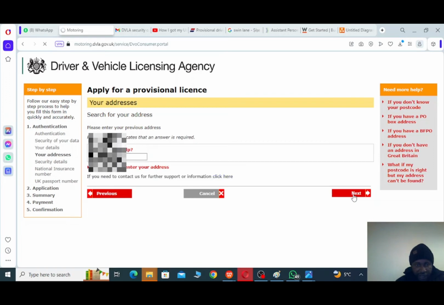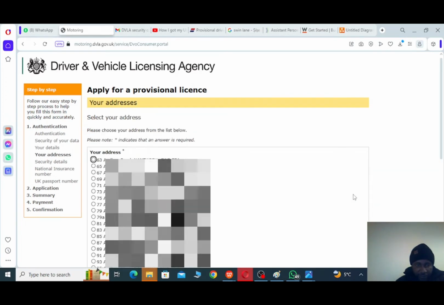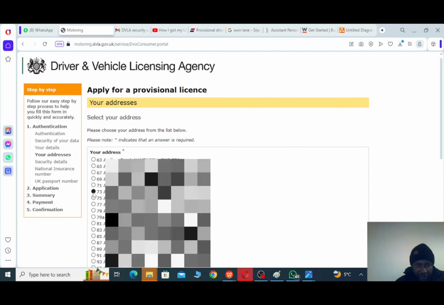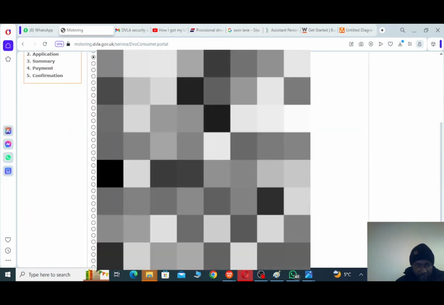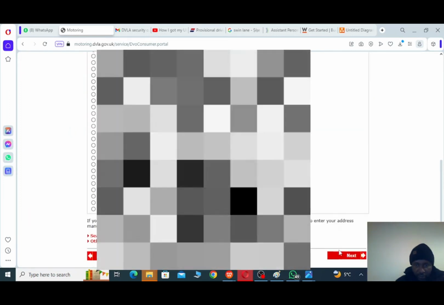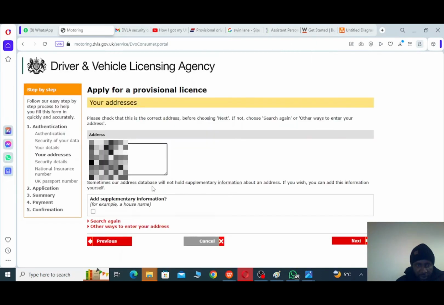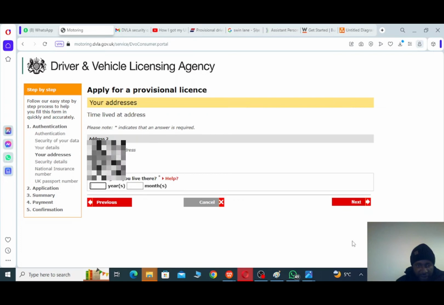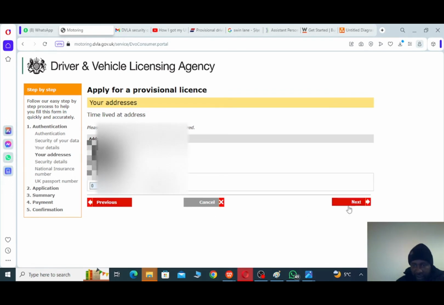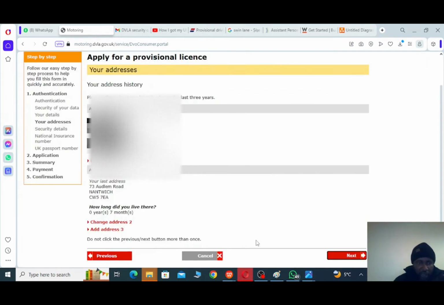for it to search for the address. So I'll pick the address, click next. So it picks the address. So I'll click on next. Now I need to say how long I lived there. So I haven't filled that in. You click next. So I need to fill in the third address,